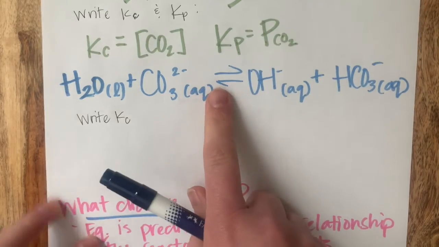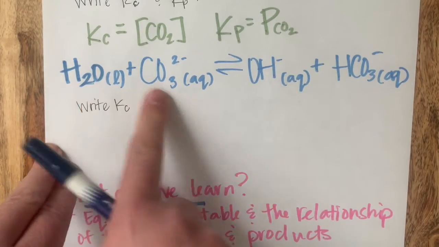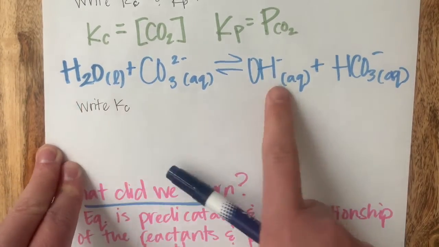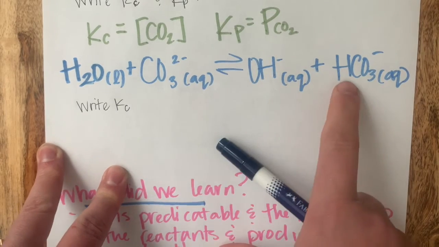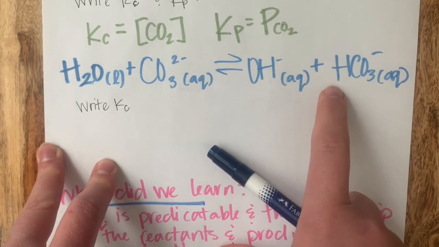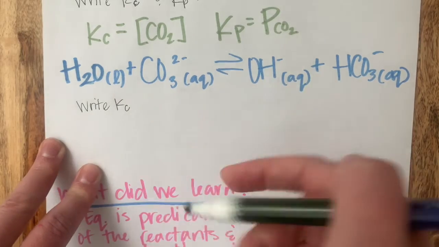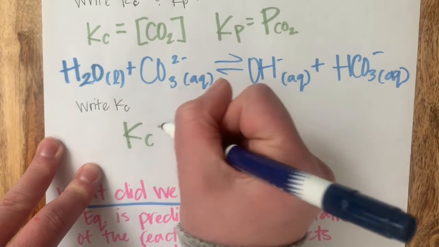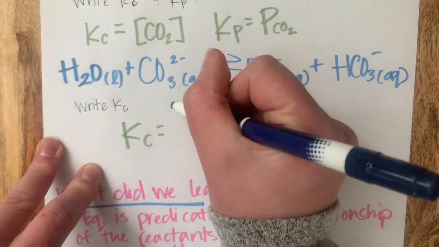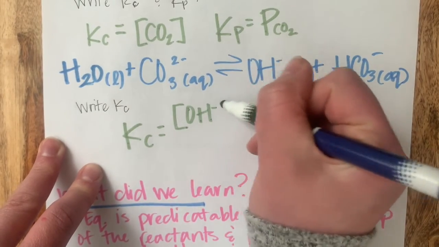Let's try this one. We have liquid water and some carbonate ions, and then we have hydroxide ions and bicarbonate. Let's write Kc. All right, so Kc is going to be equal to the products, concentration of